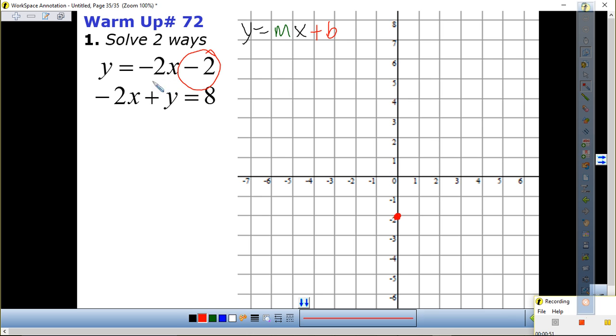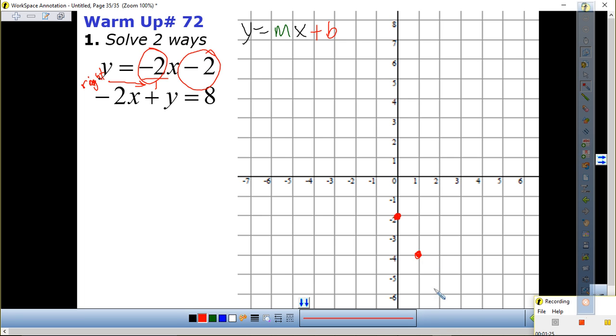I need my slope. My slope is the coefficient here. I need to write it in fraction form. Why? Because the denominator is what tells me to always go to the right. Right? Right. Therefore, the numerator always tells me to go either up or down. Negative is if I'm going down, or positive if I'm going up. So here it tells me to go down 2 steps, one to the right, and I'm going to plot a